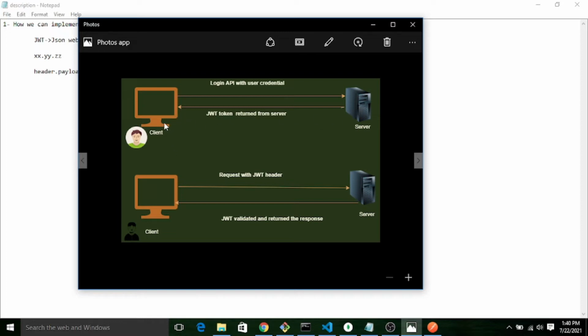After that, once the user has that token, with each request the user has to use that token in the header. If you see my second section, let's say this is one post request made by the same user, and the user has the token. Once the request reaches the server, it will validate that the JWT token is valid for that particular user or not. If that is valid, then it will go for the next operation and return the response accordingly. So the same thing we are going to implement using Node.js.